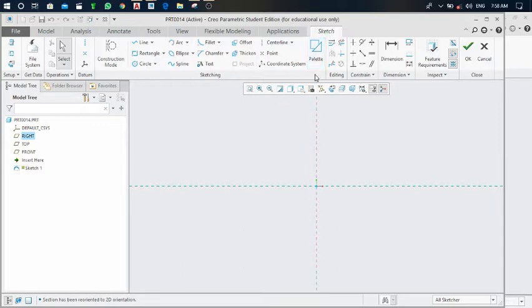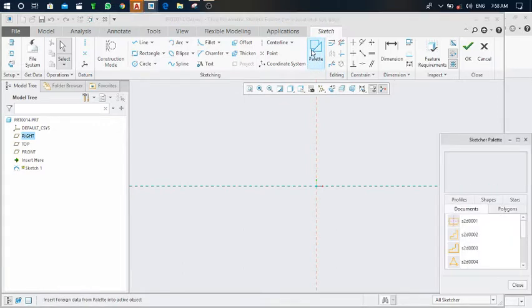and here you can see there is one command, palette. So click on it. Here you can see different types of palettes, like in document, after that polygons, stars. Here are different types of shapes. For making the logo of Mercedes, we wanted this from stars, this first one.